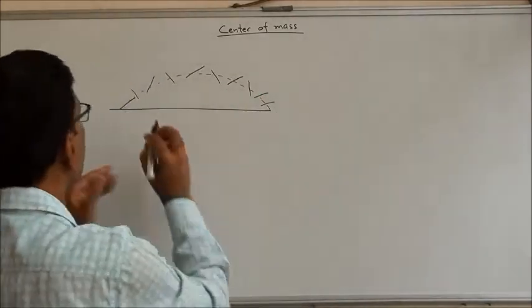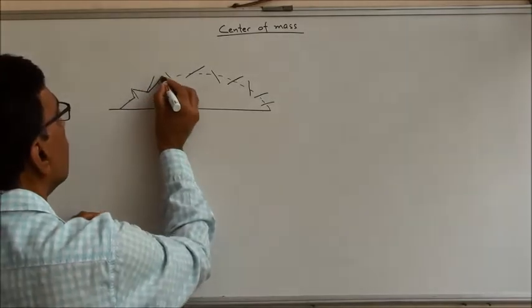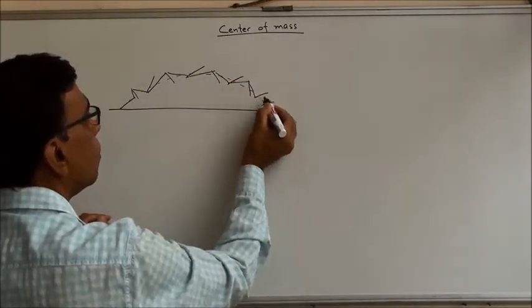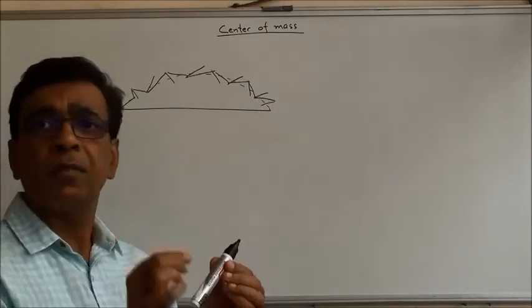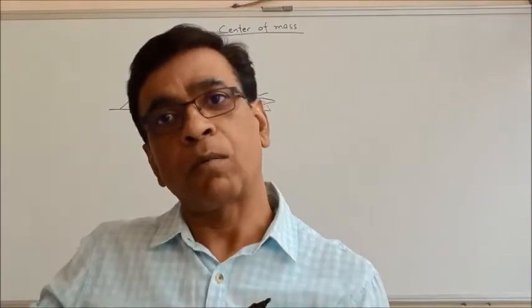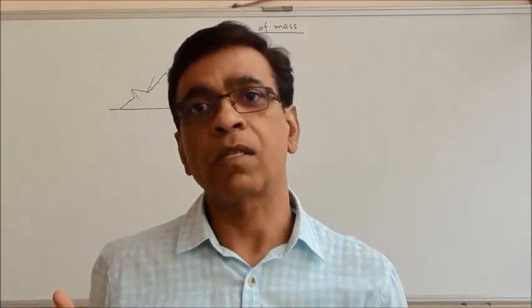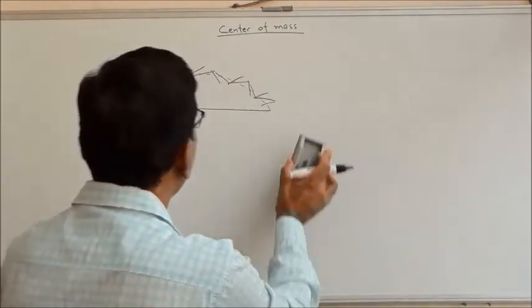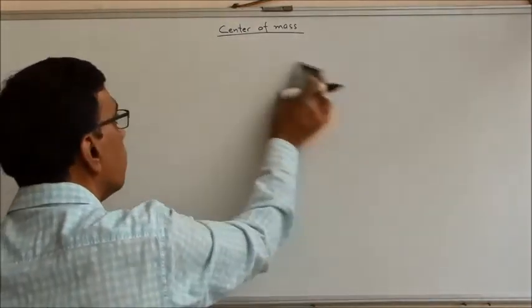So maybe the tip is following this kind of motion. So it's not strictly speaking parabolic. But even then, something describes the parabolic motion. Again, that is the center of mass. Right? So now let us find out how to calculate it mathematically